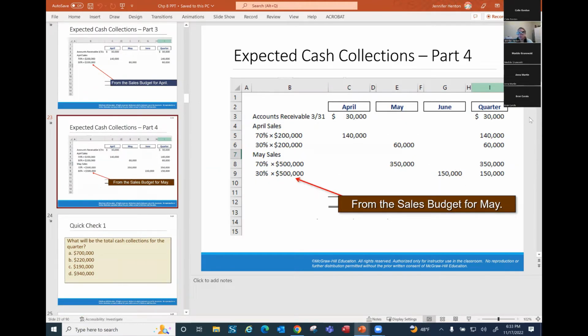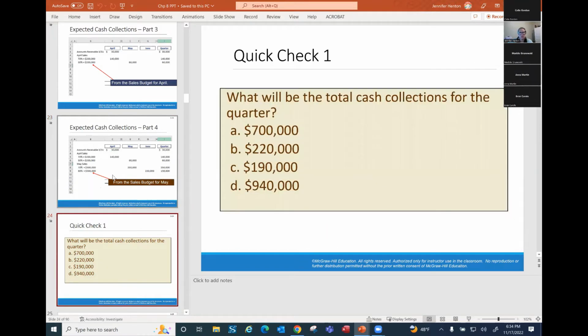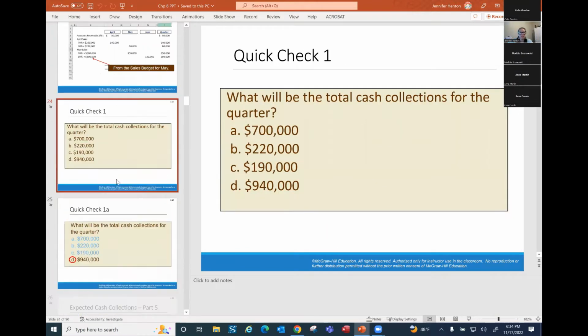So let's add it up and see what we get. We have 30,000, 140,000, 60,000, 350,000, 150,000, and then we just calculated 210,000, I believe. Okay, so the total, when we add all of that up, including the 70% from the June sales, we get 940,000. So the answer should be D,